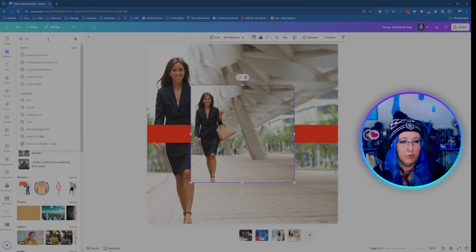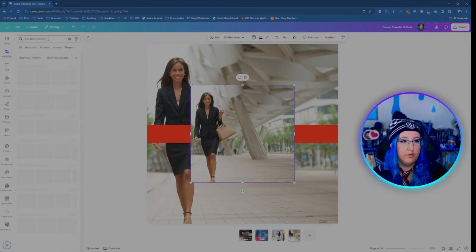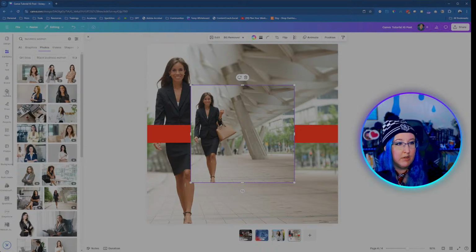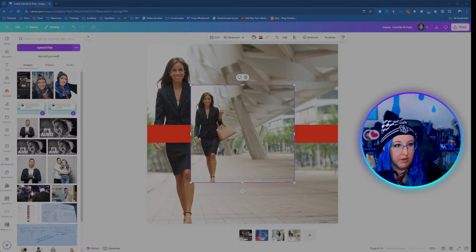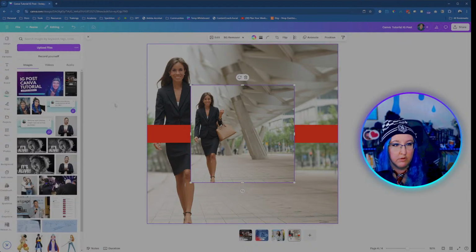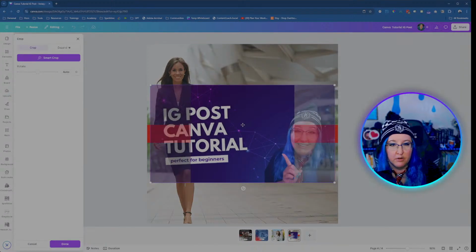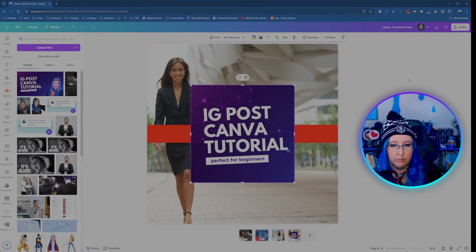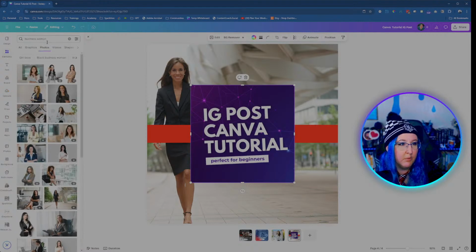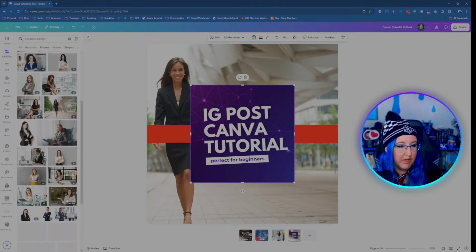Now obviously we want a different picture. So I'm going to come over here and go to photos. Now if you did need to upload something, you would go over here to uploads, upload files, and you would choose a picture, right? So let's just say this is the thumbnail I just made in Canva for this. Then I would drag it in, put it in here, ready to go, right? Same kind of vibe, but I'm not going to do that because that's kind of weird for what we're doing for this picture. So I'm going to try and find one with a kind of light background,